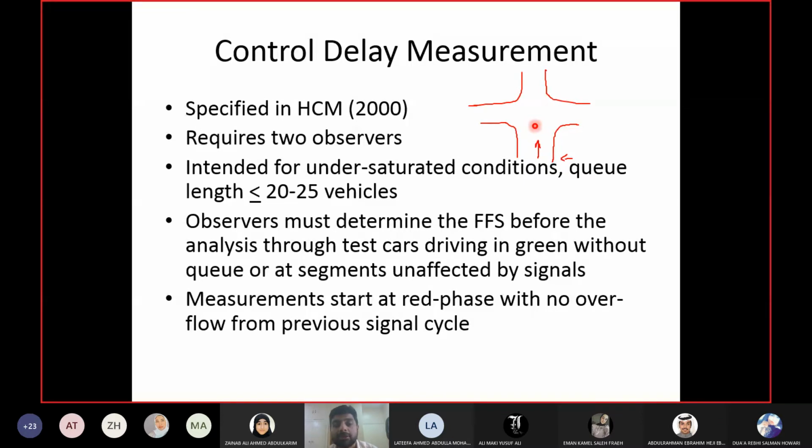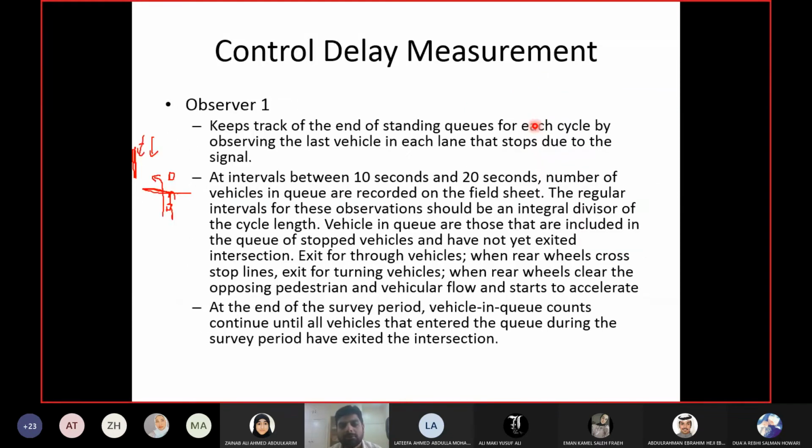Theoretically, you can measure it from green to green as well, but we will have some other problems. So normally signal cycle is measured from red to red. Green to green is not measured. Theoretically, you are correct. Concept-wise, it is correct. But practically, starting from green will have some problems, because you have the yellow phase and so on. So we always start from the red phase. Signal cycle is always started from the red phase.